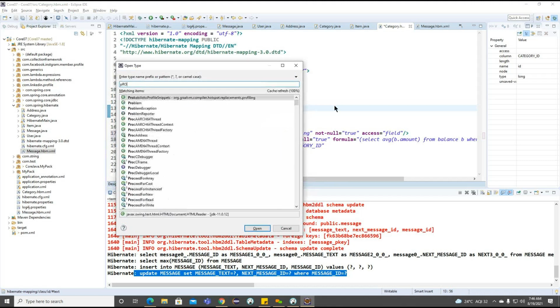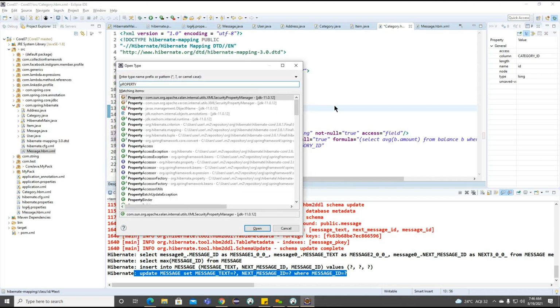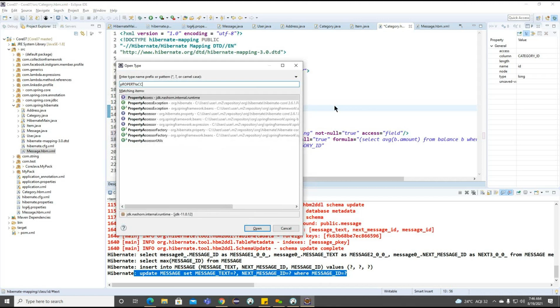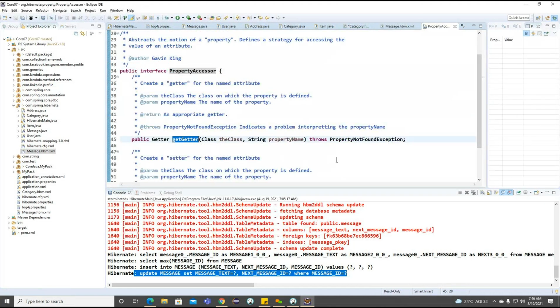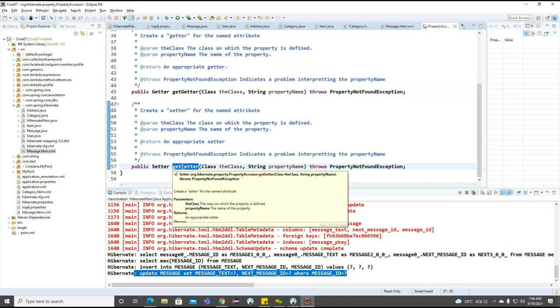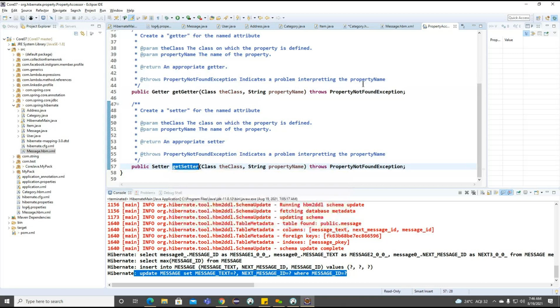We are having property accessor. Now you can see this is the interface we need to define here, like we need to implement property accessor. What it will do? This particular getter method or setter method. Getting the point. Now you can see getter method and setter method based on the class. So which class getter method we want to call, we need to provide, and which property we want to call, we need to specify here. And same thing for the setter also. We need to define these two.